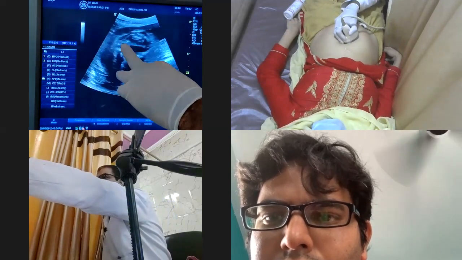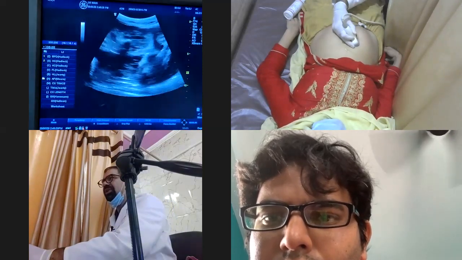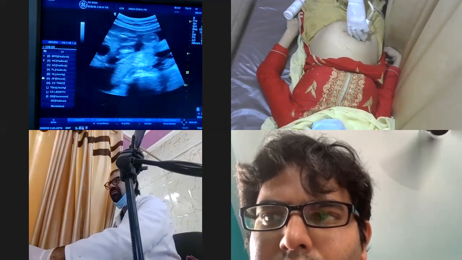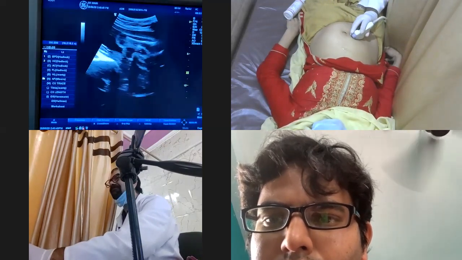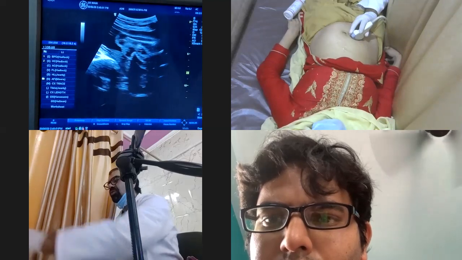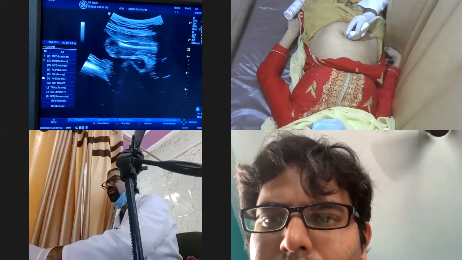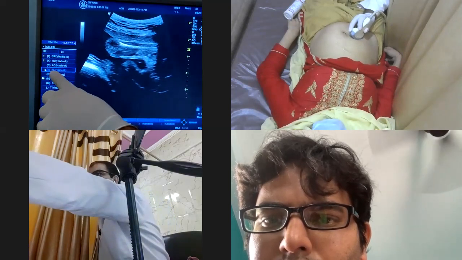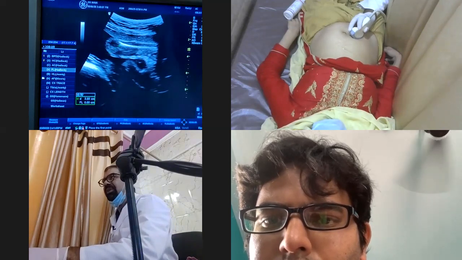Then it will sometimes look like a dot. Without leaving this, I will rotate the probe. See my hand, how I'm rotating the probe to get the length of this femur. Once I got the length of the femur, this is the femur over here. Then I will do the necessary settings: I will zoom onto the picture and go to the femoral length. This is the FL over here. So I will take the femoral length and measure the femur like this.